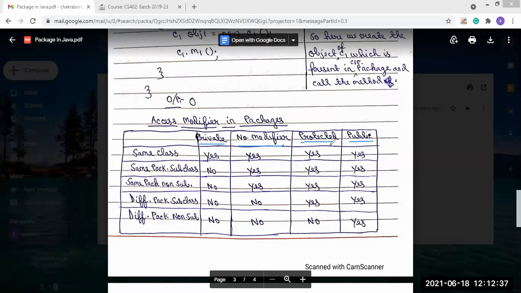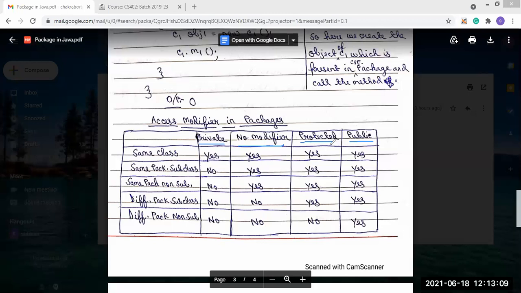For the same package but non-subclass, the private access modifier will also not work. For a different package but subclass, private will not work. For a different package and non-subclass, private will not work either.